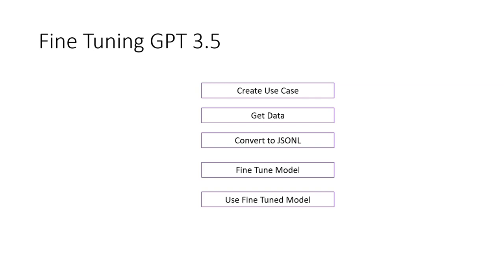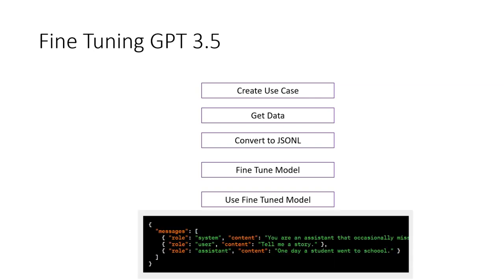The next step is you get the data for the objective that you have identified. A key aspect of fine-tuning is to have the data in JSON lines or JSONL format. The JSONL format offers several advantages when working with text data for fine-tuning language models. JSONL separates each data entry with a new line character, making it easy to read, parse, and process line by line. This format is well suited for large data sets where you don't want to load the entire file into